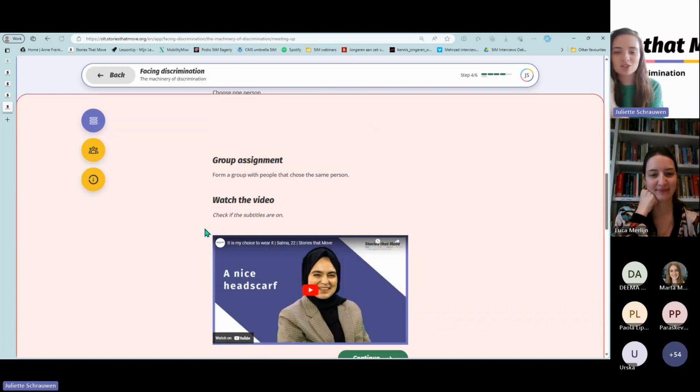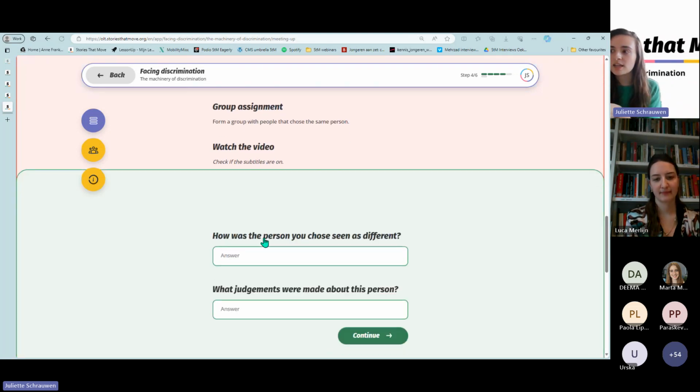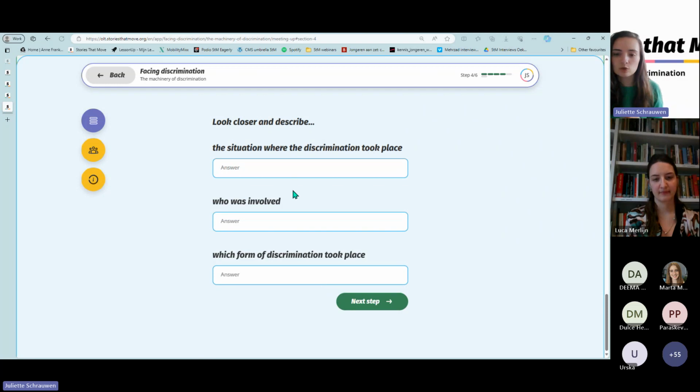But then you can see all the students will form a group, so you will ask together who chose who. You can let them sit in a group and watch the clip again. Some of the clips are longer, so they will get a little bit more information of the story. So they will watch it again, and then they will get some questions about the story. So they will discuss it amongst themselves so they can see, okay, what is happening. And then they will look also at the situation, which persons were there, what was happening, which form of discrimination took place, which Luca also mentioned. You maybe also noticed it's different stories, but they're all talking about a different form of discrimination.